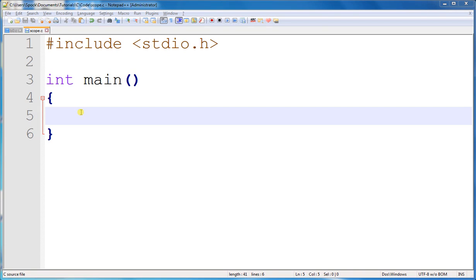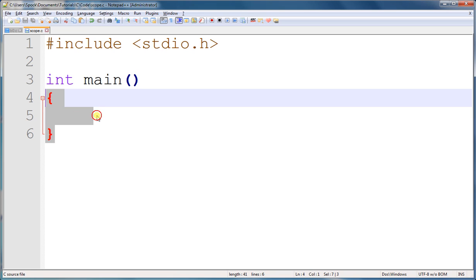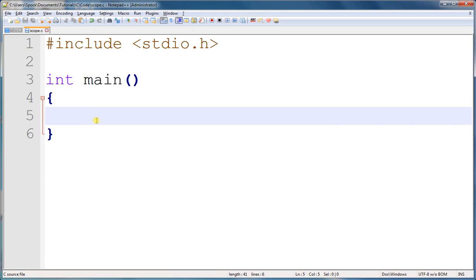In this tutorial, we're going to talk about a topic called variable scope. And that is the idea that a variable can only be used in the block of code that you created it inside of. And a block of code is just code inside of braces. That's just a block. So if we create an integer, I, it can only be seen from inside of this